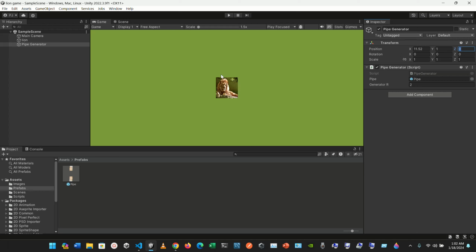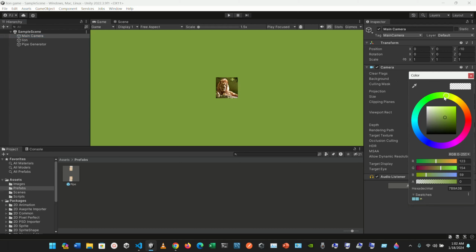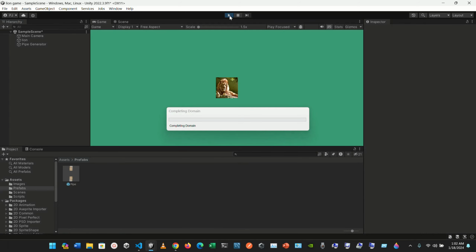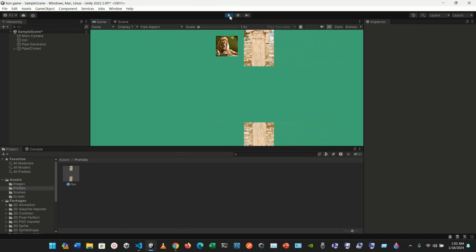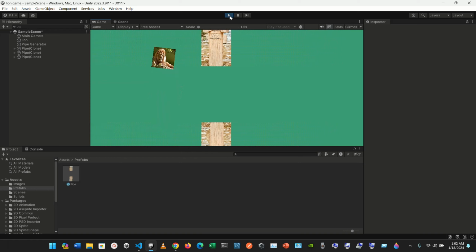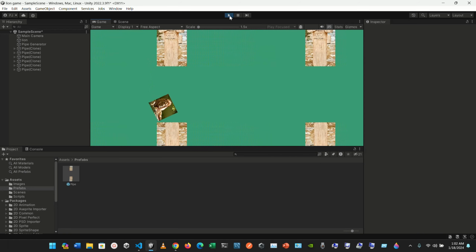it has to be at 1. And if you go to the main camera, you can go to the background color, and you can grab whatever color you want from here and start modifying it. So maybe we can just leave it like that, and let's play it to see where we're going right now. So I'm jumping with the space bar, and as you can see the towers or the pipes are moving forward, so we're moving towards